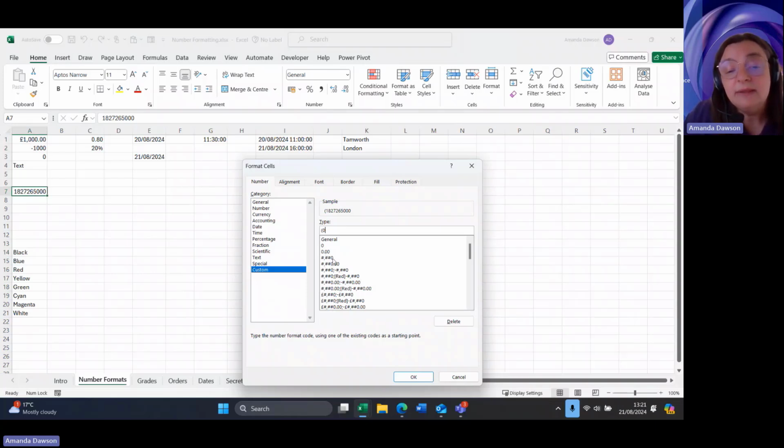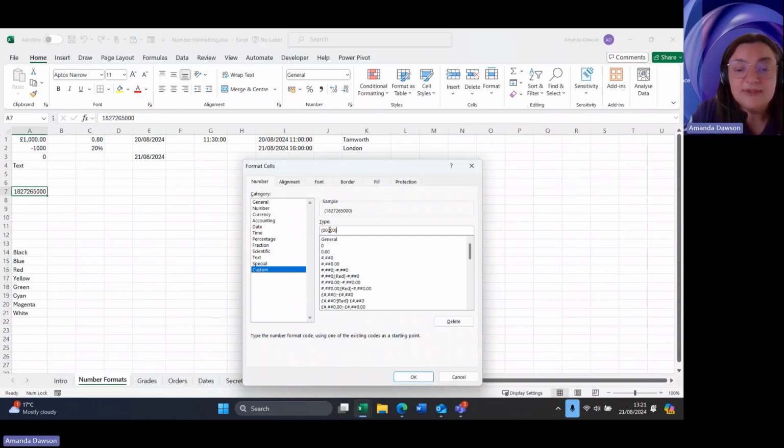The one underneath shows me the format for the 1000 separators. But instead of having all zeros, it's got these hash signs. And that means that the number is optional. So if I get to 4 digits, it puts in a comma. So it's optional. If there aren't 4 digits, it ignores these hash marks. There must be at least 1 digit. So by putting in the right number of zeros